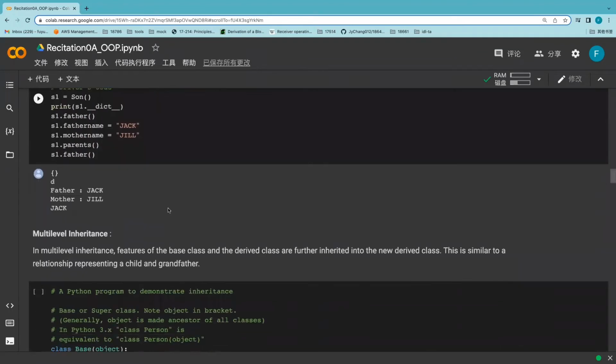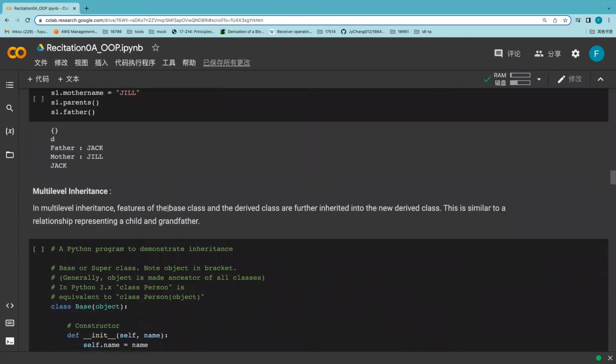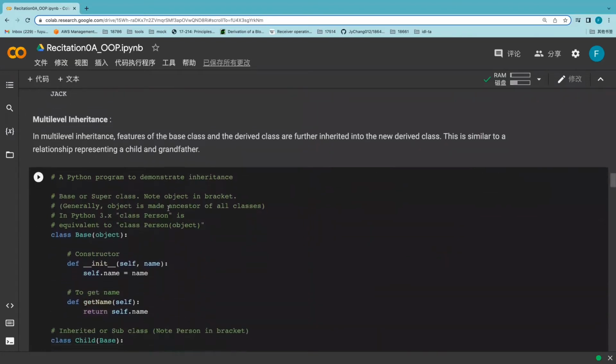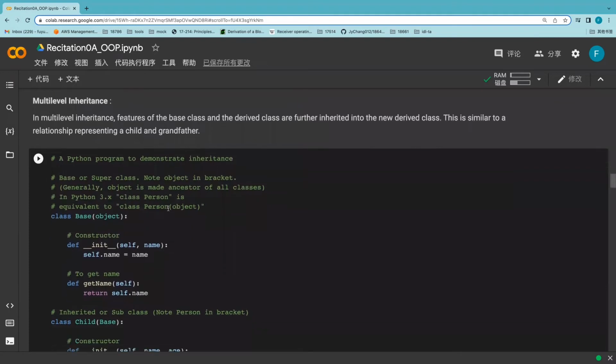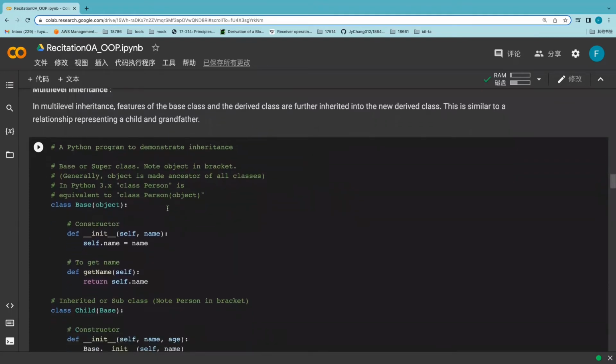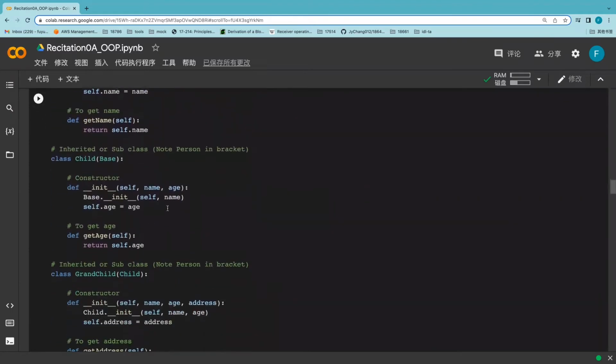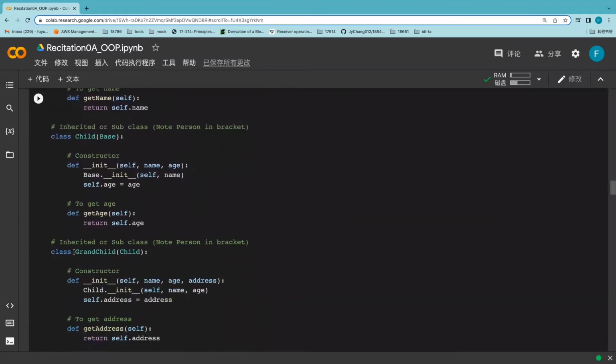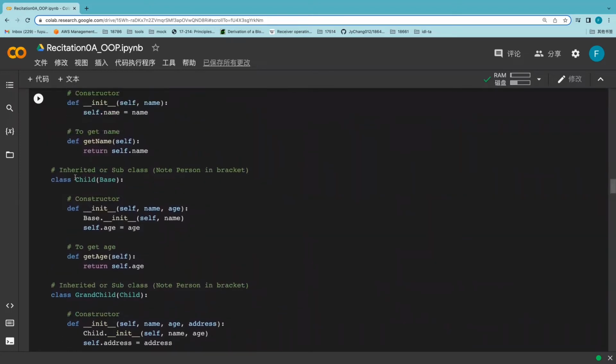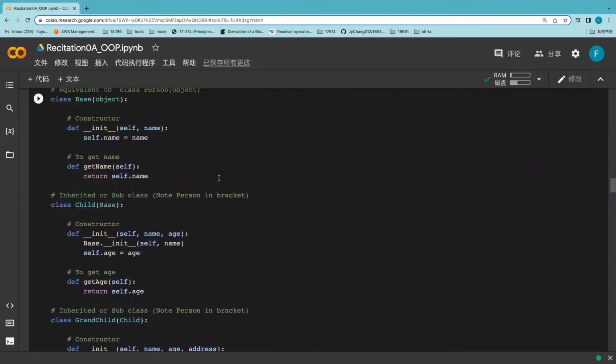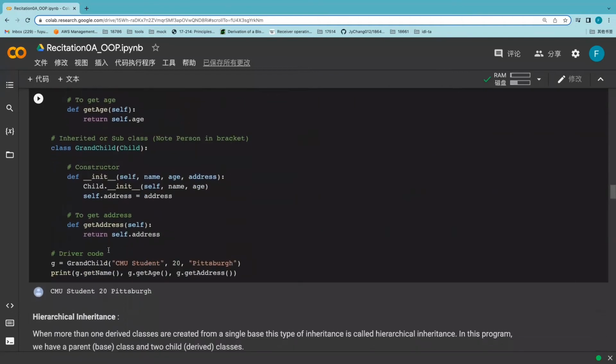Another type of inheritance is multi-level inheritance. In multi-level inheritance, features of the base class and the derived class are further inherited into a new derived class. For example, we can define a grandchild class which derives from the child class, and the child class is the subclass of the base class. So say we have a grandchild object and we want to call the method getName,